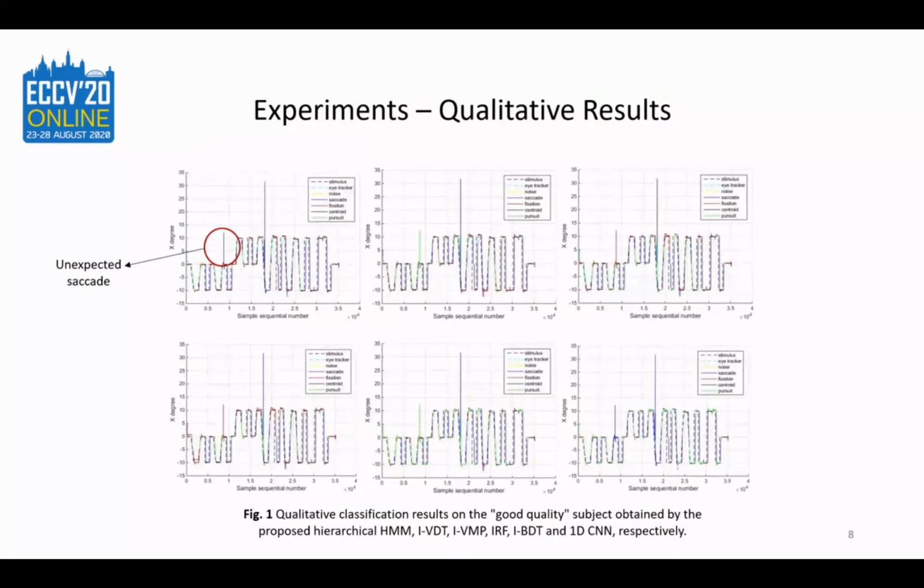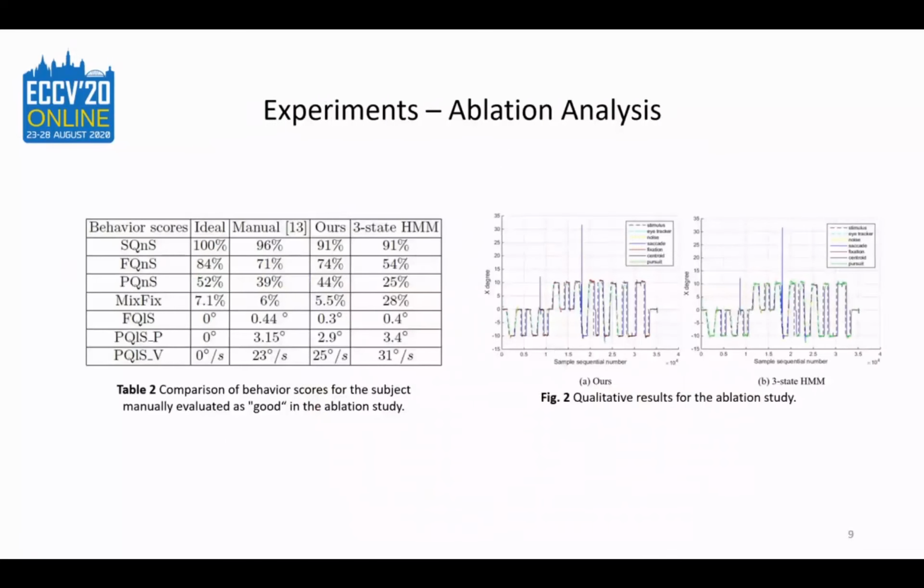We further conduct an additional ablation experiment to demonstrate the necessity and effectiveness of the proposed hierarchical structure. Since the fixations, saccades, and smooth pursuits can be considered as 3 hidden states, we use the velocity feature as a criterion and adopt a single-stage hidden Markov model with the 3 hidden states to do the same task. In other words, we remove the second stage classification from the proposed model. The experimental results for ablation analysis prove that the hierarchical structure contributes to better classification results.